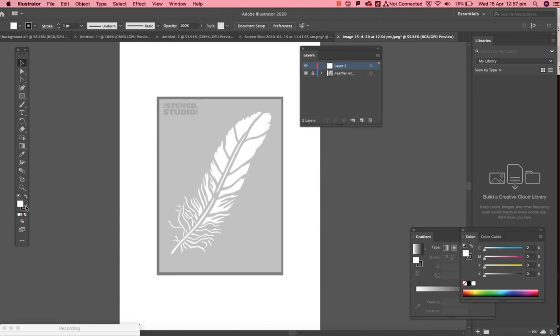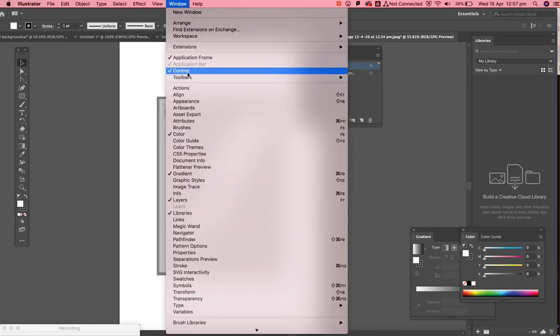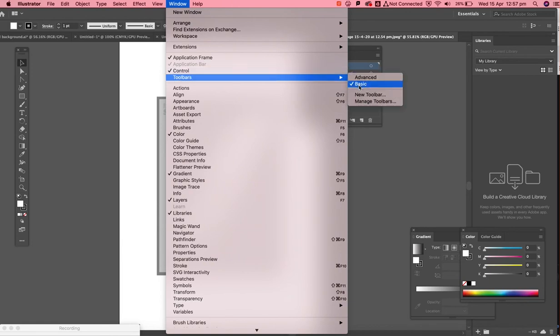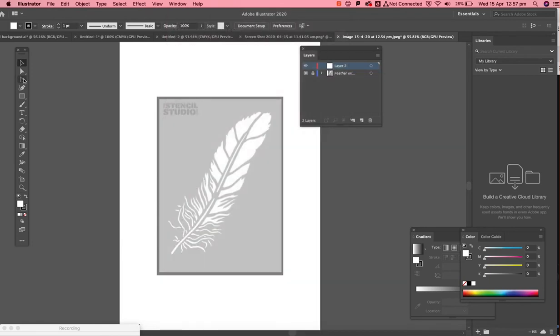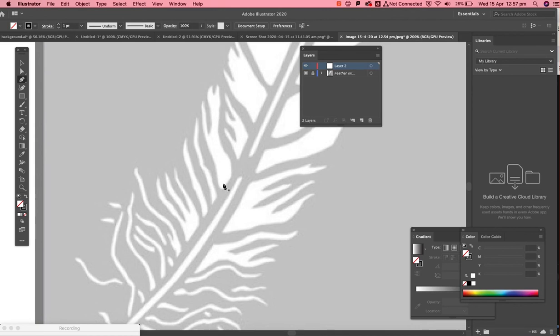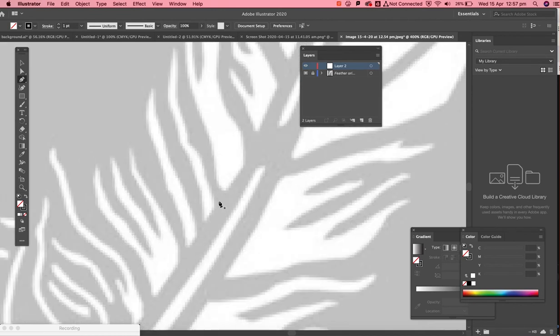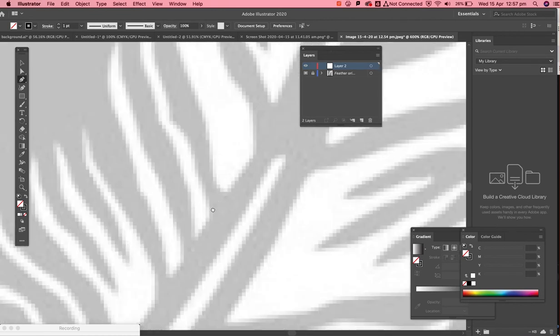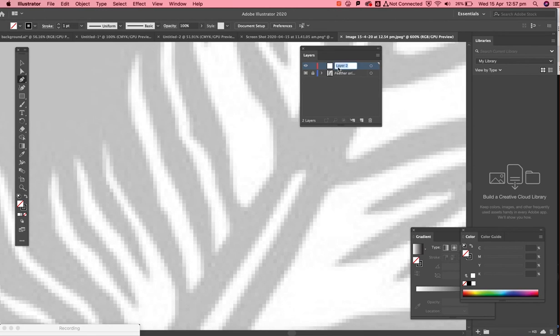In my toolbar here, which if I lose, I go into window, I go toolbars, and I go basic. I select my pen tool here, and I want to make sure that I have no fill, but the stroke is black. All right, my suggestion is to look for a very simple shape first, and then to start with really simple shapes. So Command+ to zoom in. And I'm going to name this Simple